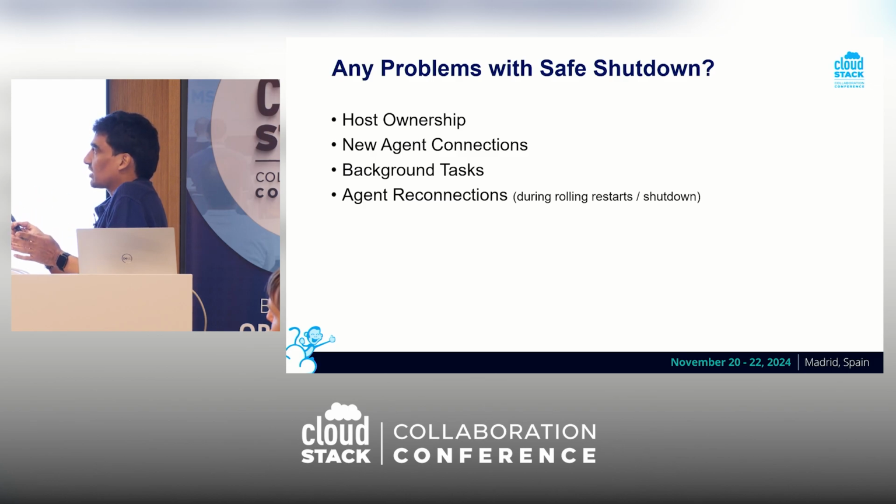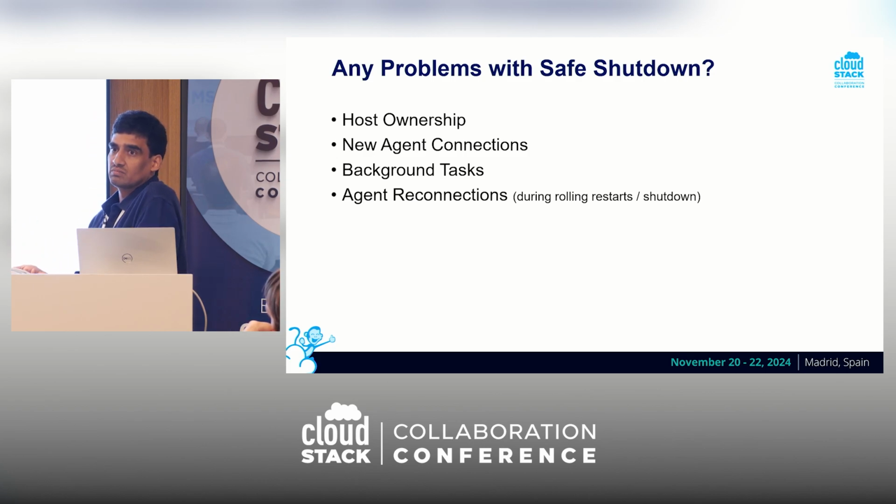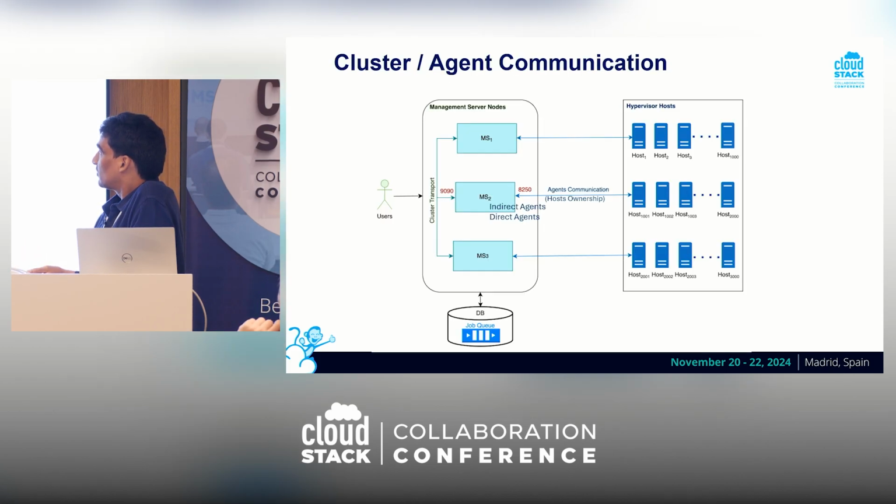So there will be a lot of connections to the existing management servers, which have to do a lot of processing, and to stabilize the CloudStack environment, it will take some time. It depends on the number of hosts. Say my environment has a few thousand hosts, it may take one or two hours to stabilize. So that itself causes downtime. So to mitigate these problems, before going to that, I will